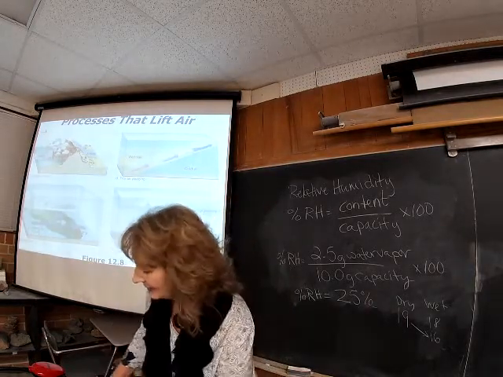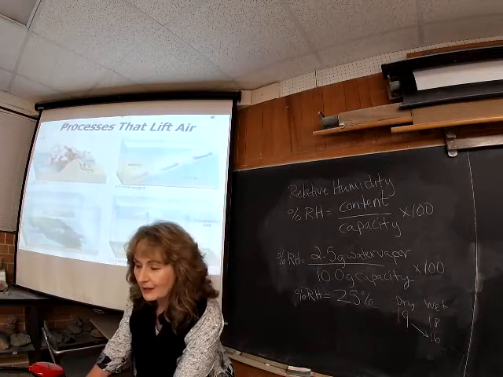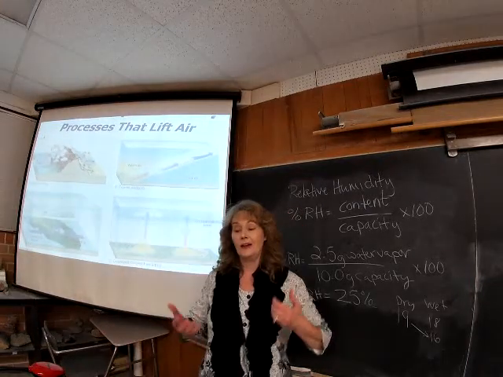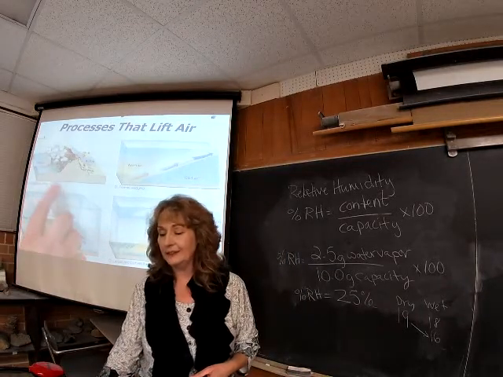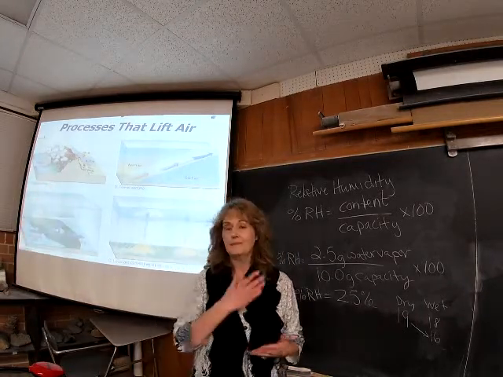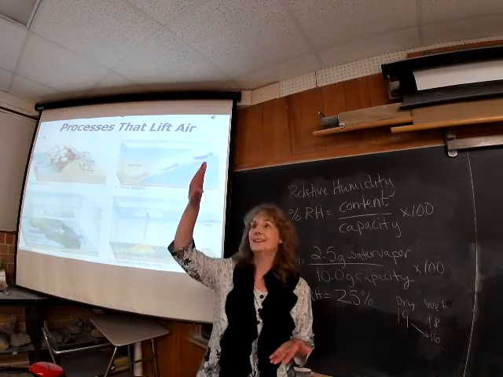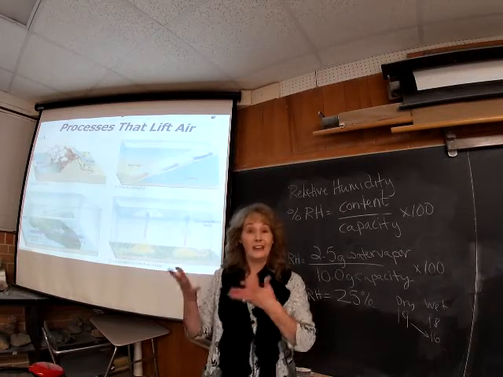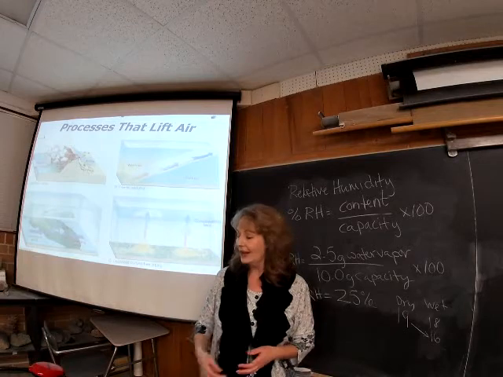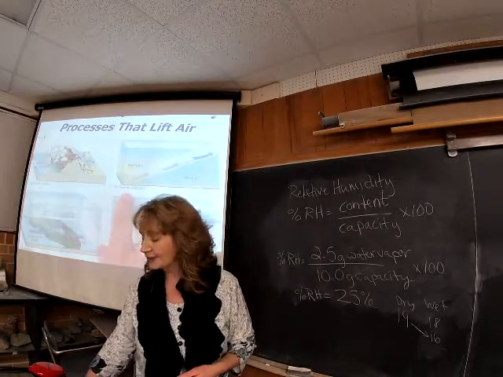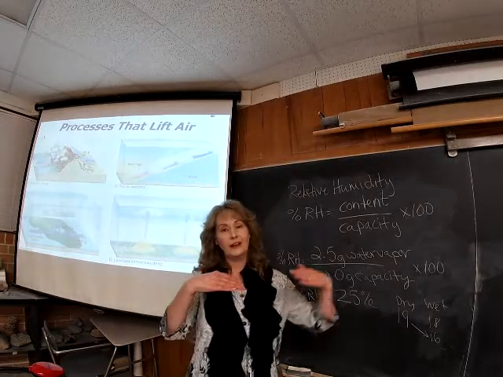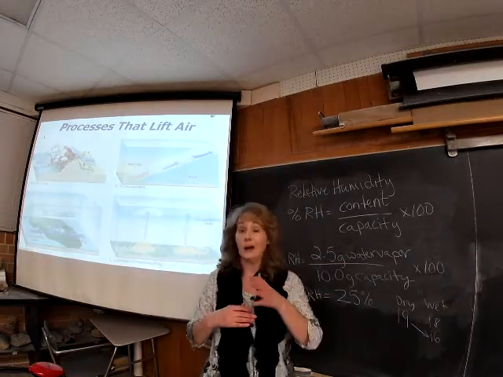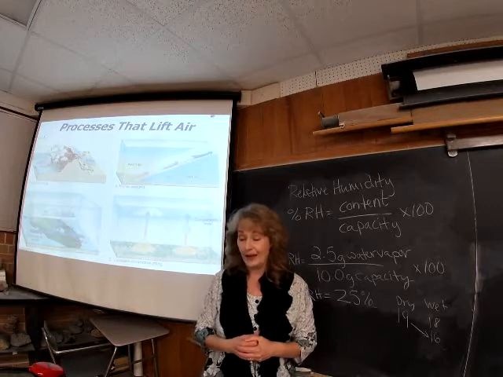So there are some pictures again of the various processes that are going to get the air to rise and lift. This was the orographic lifting: a mountain barrier comes along, hits that imposing elevation, and the air's forced to rise, right? Frontal wedging: you've got this cold, very dense air that wedges in under, and the warm air is going to want to rise and lift above that.